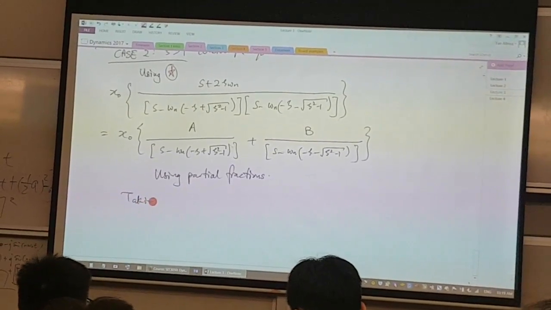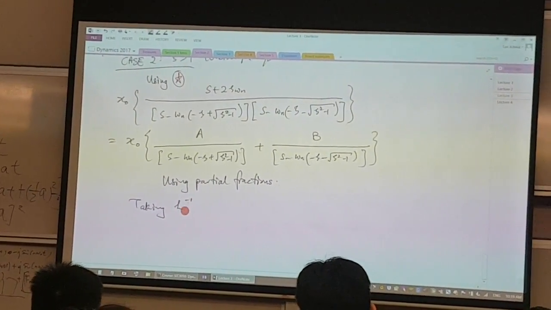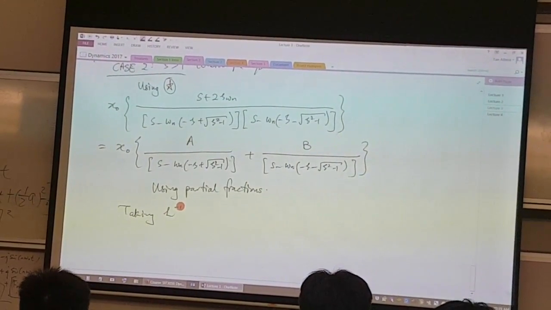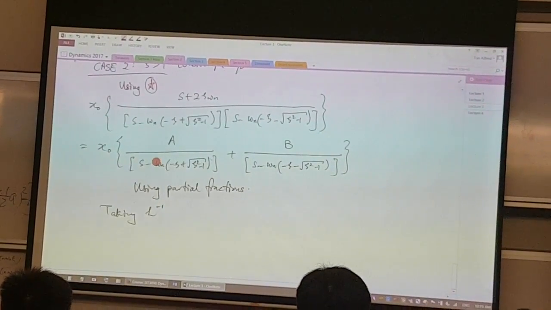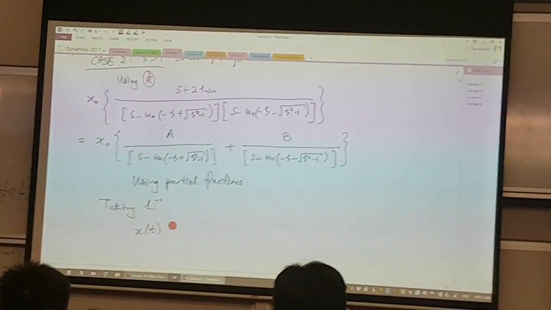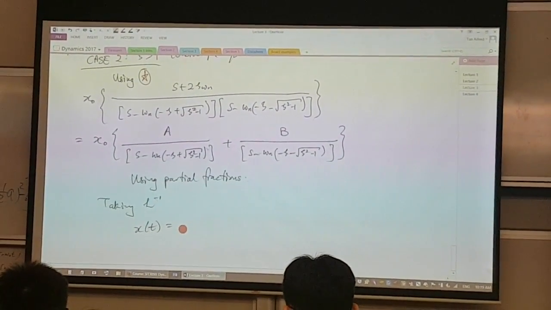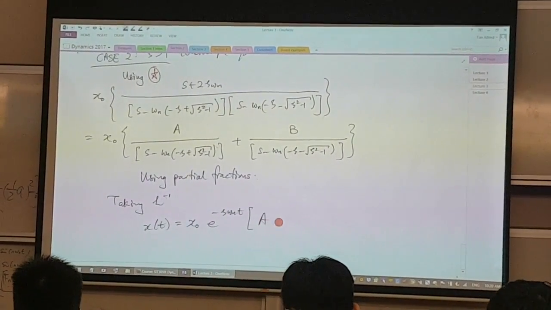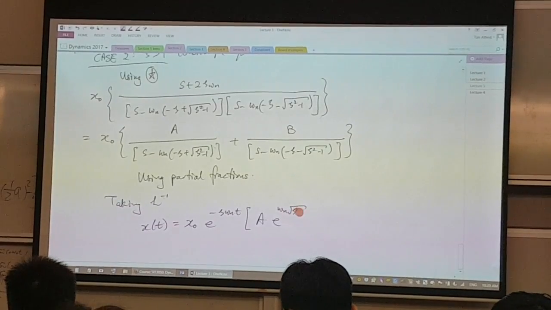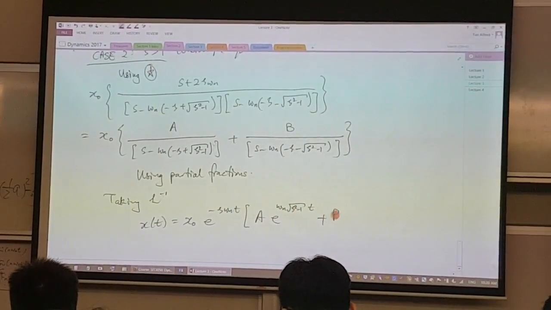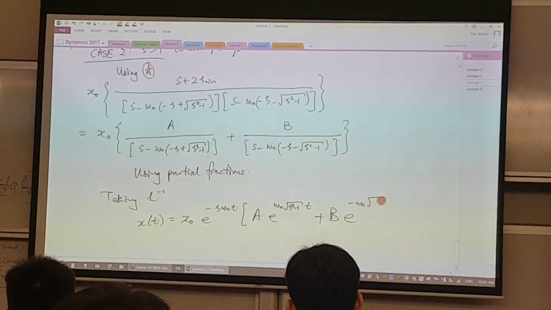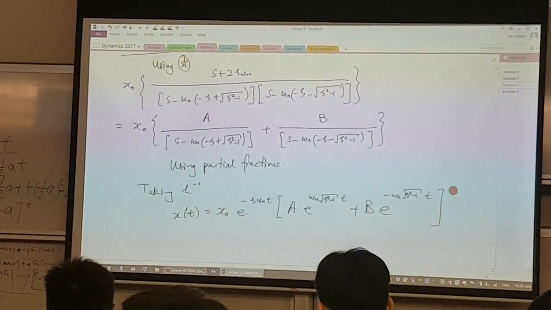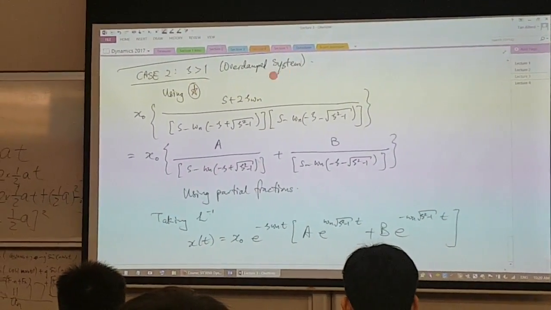then I'll be able to take the inverse of the Laplace. So I'm going to use the short form for inverse of Laplace. L minus 1 is inverse of Laplace. So if I'm able to do that, then my x(t), my time response, will be equal to x naught e to the power minus zeta omega n t, A e to the power omega n square root zeta square minus 1 t plus B e to the power minus omega n square root zeta square minus 1 t. This one, right? This is the form for overdamped system,